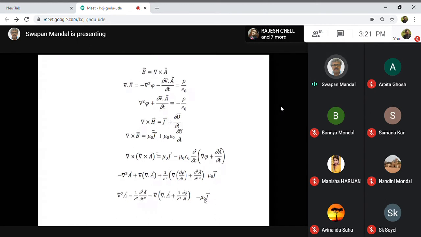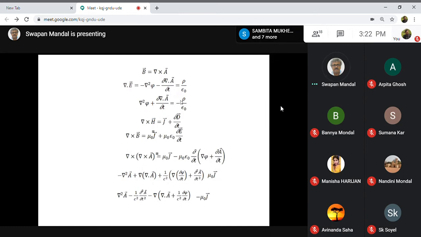I have got two basic equations involving vector potential and scalar potential. You know that I have already one equation here from one of the inhomogeneous equations, and the another inhomogeneous equation gives rise to this. And two homogeneous equations give you the introduction of vector potential and scalar potential. So four Maxwell's equations finally reduce to two differential equations involving the vector potential and scalar potential.